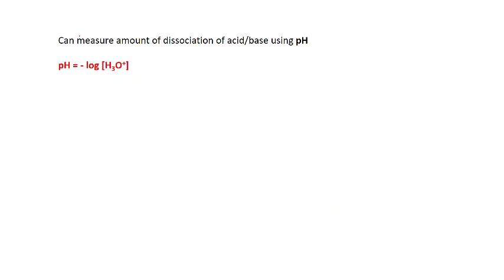Now, if you're talking about weak acids or bases, we can measure the amount of dissociation of our acid or base using pH. So we define pH as follows. pH is equal to the negative logarithm of H3O+. If you know the square bracket notation, and if you don't, I'm going to tell you right now, square brackets around a compound means the concentration